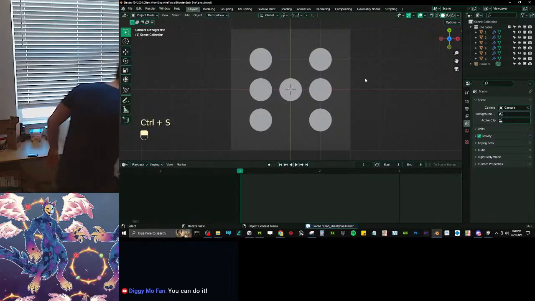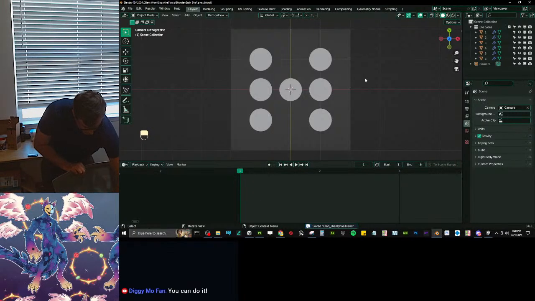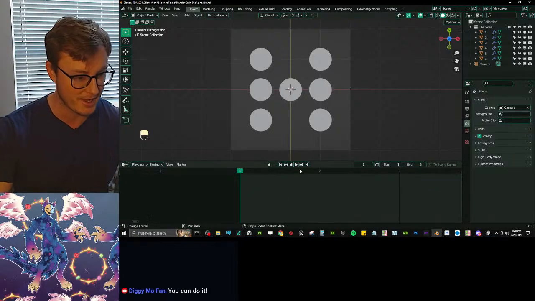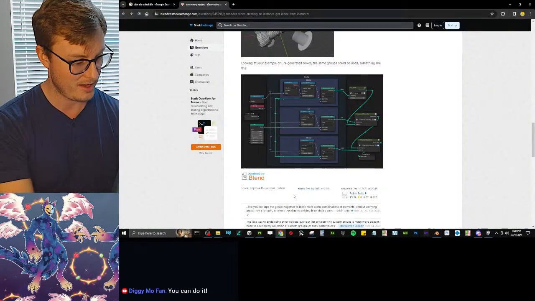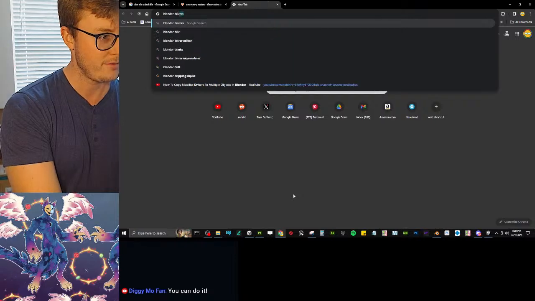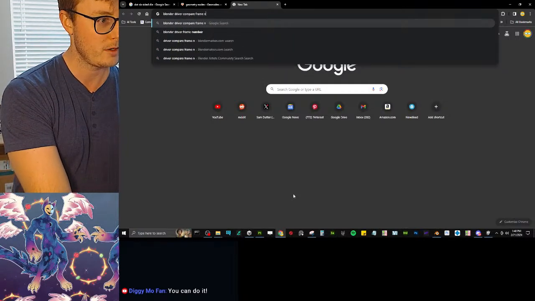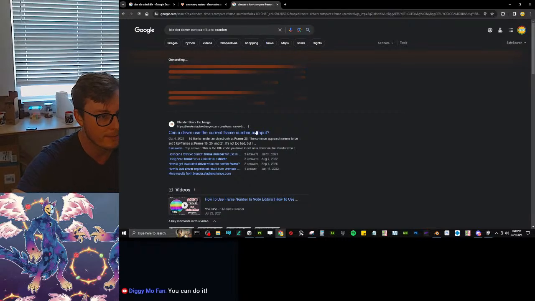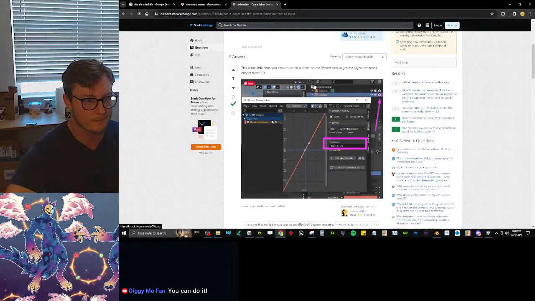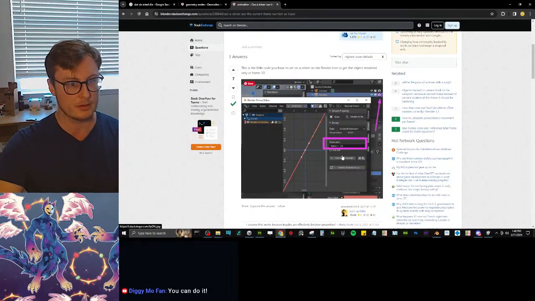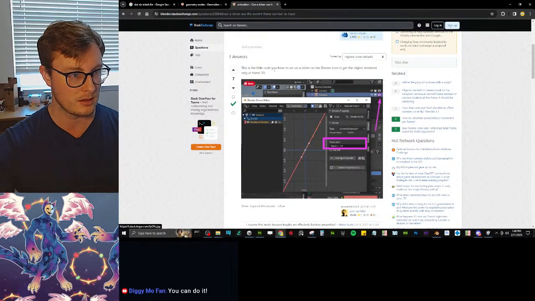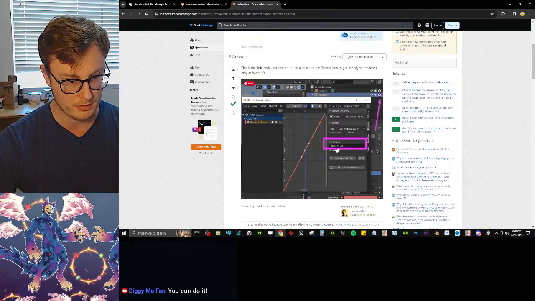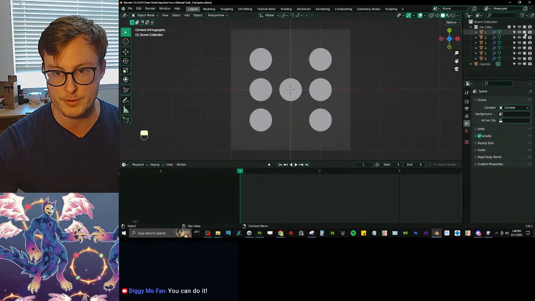Blender, driver, compare, frame, number. Frame. This little code you could set on a driver on the render icon to get the object rendered frame 20. Frame does not equal 20. Okay, so